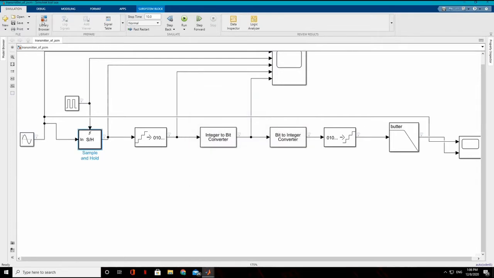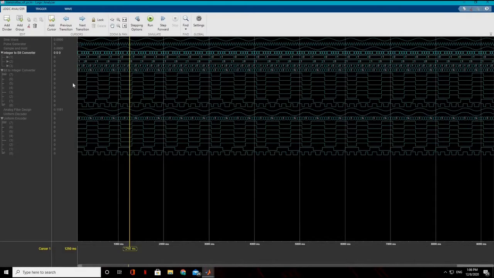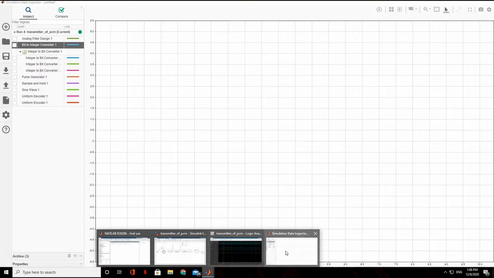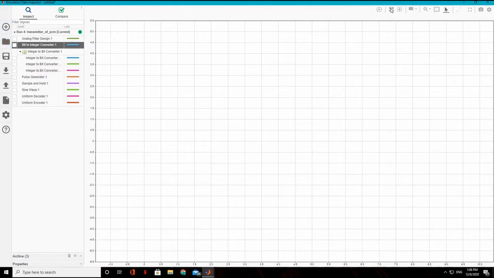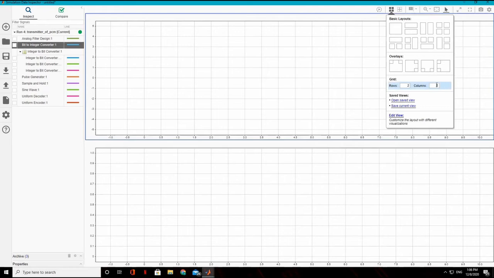Before moving on to the simulation, you have to save it and then you have to run it, and then you can see that there are two windows opened, and this is the sine wave, this is the pulse wave. Apart from this, we can easily analyze from another logic analyzer. Okay, now let us specify the number of plots. We need 2, and this is